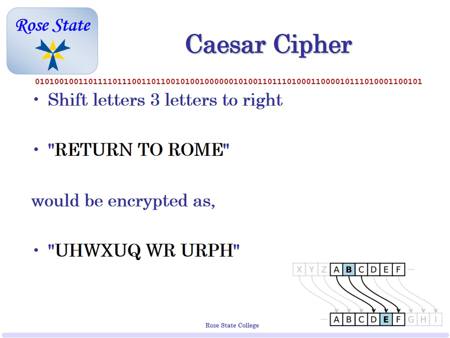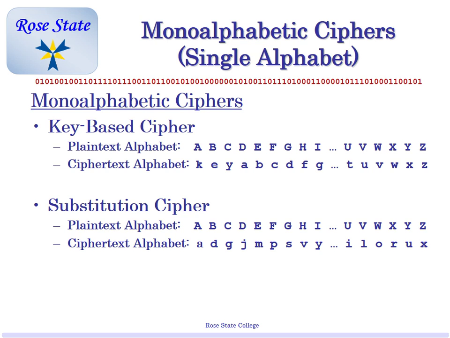Okay. Monoalphabetic is based upon a single alphabet, but this is a key-based cipher. Not encrypted with a key, but basically you see the word key in there. So in other words, the key is the length. In other words, this key is 3 long. Okay. We could also substitute different things. Maybe we'll substitute an A with an A, B with a D, a C with a G, a D with a J, and so on and so forth. So it doesn't have to be just a shift. It could be other things.